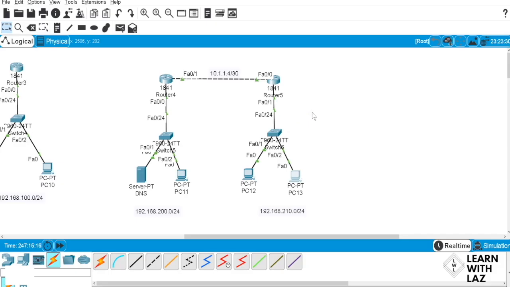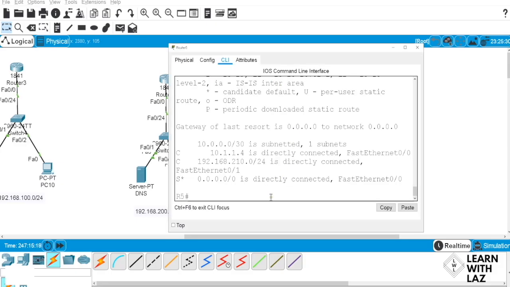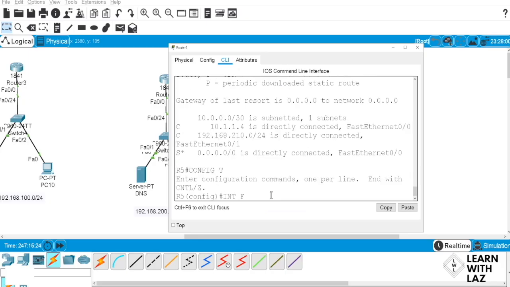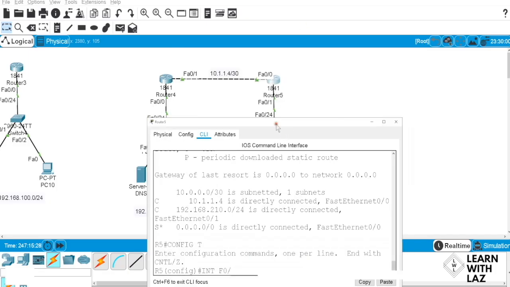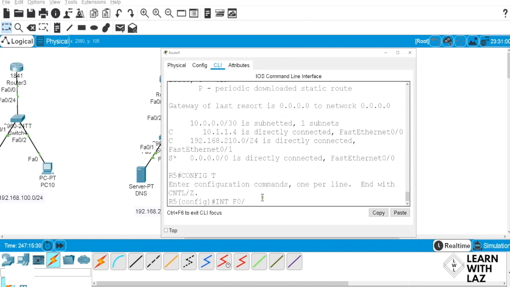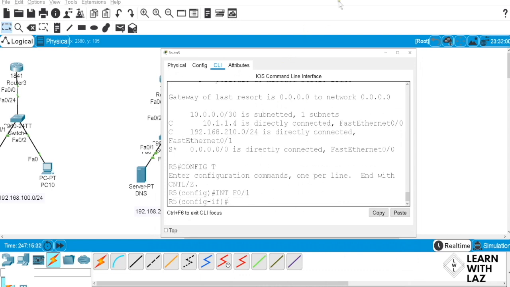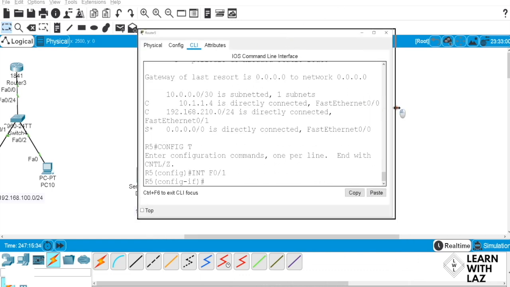So what you need to do is on this router, inside the interface int f0 slash, oh, wait a minute. What's that interface? It's not 0, it's 1. 1, okay, which is facing the LAN.